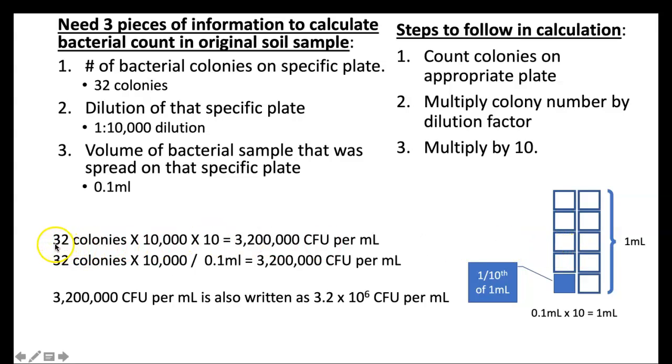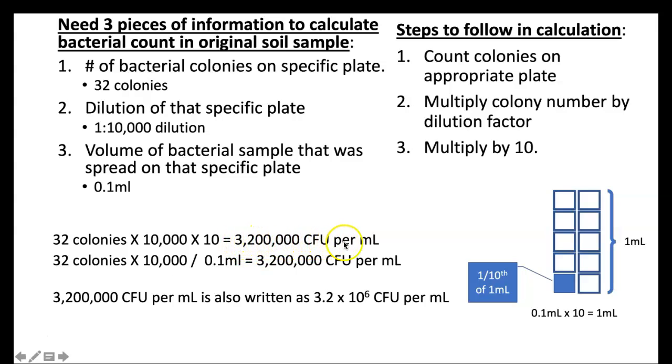concentration. So we're going to take that number, 32, that was the number of bacterial colonies. Again, that's the appropriate number. It's between 30 and 300, so that's the right plate. Then we're going to multiply by the dilution factor. Again, the dilution factor of that specific plate we counted was 1 to 10,000, so we're multiplying by 10,000. And then we're multiplying by 10. This is the exact same thing as dividing by 0.1. And so whichever way works better in your head, you can do this with a calculator, you can do it in your head, but realize what that is going to get you is